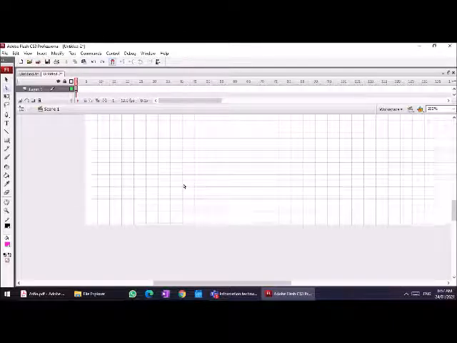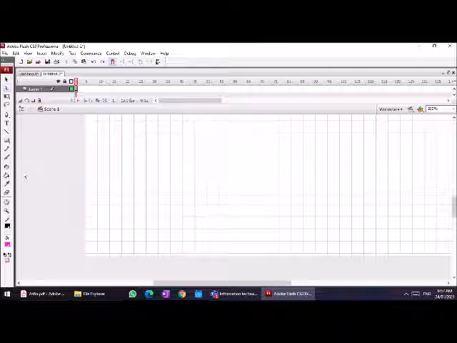Now let's make the circles and then cut them in half. I'm going to use the object drawing first so that I can arrange them easily.